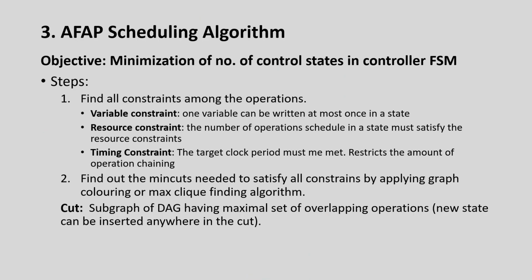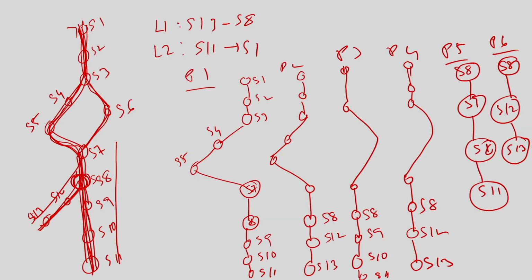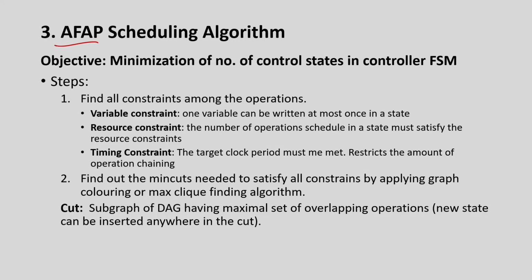Okay. So, the next is the AFAP algorithm. The first thing here, you should argue with me: why do we need any new algorithm, because I have one path, I understand. So, what I can do is just put all the operations of that path sequentially and do scheduling, the list based scheduling, ILP or force directed scheduling, whatever we have already discussed, we can apply them. Why do we need a different algorithm? So, let me justify why we need a new algorithm called AFAP.